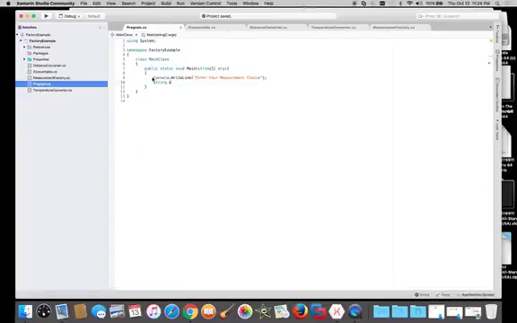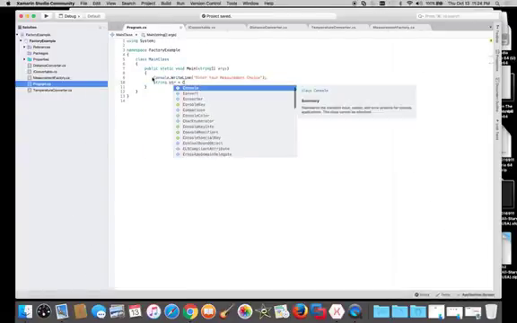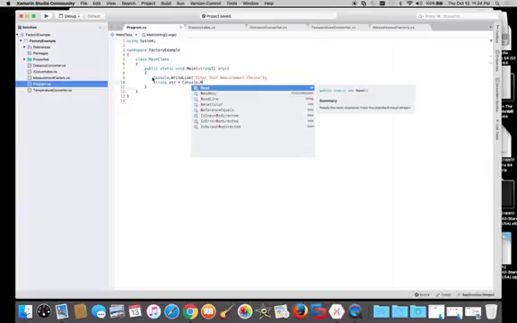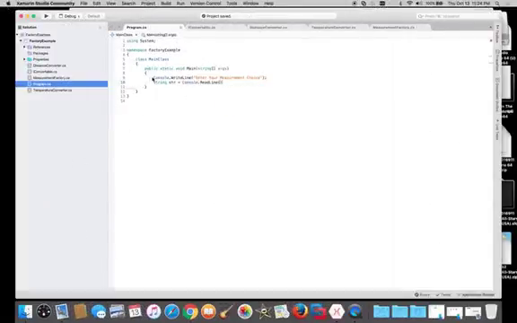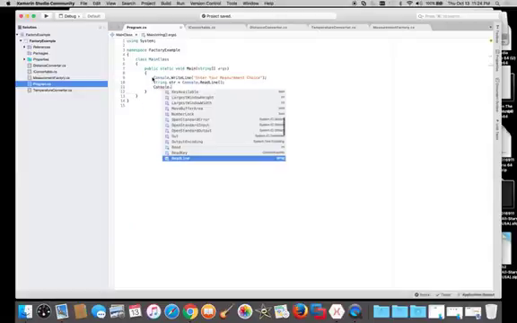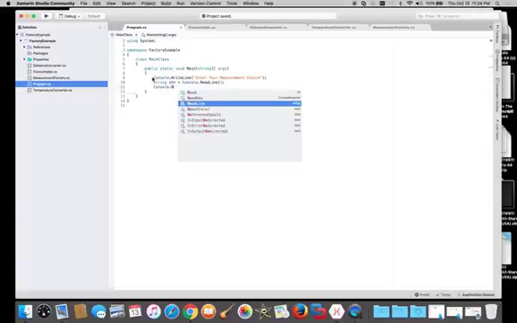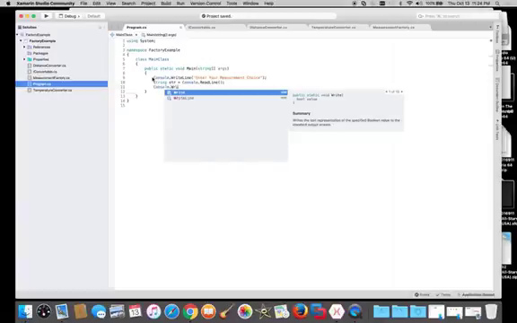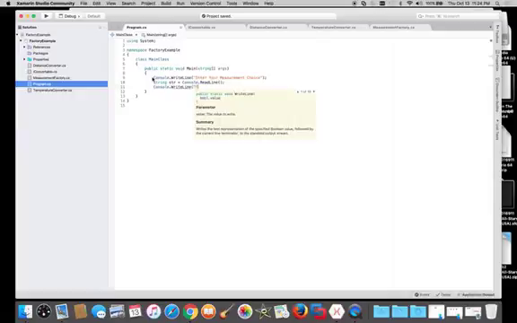String str is equal to Console.ReadLine. Okay. Next, Console.WriteLine. If I can spell it, WriteLine. We are going to enter a value to convert,